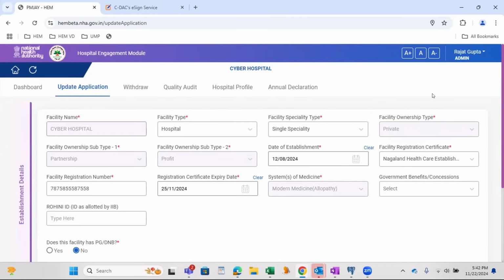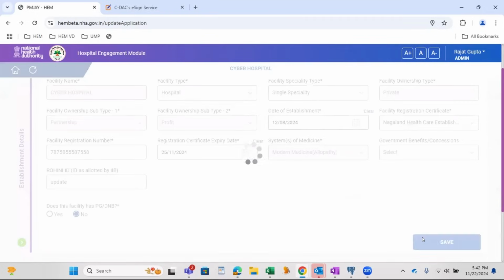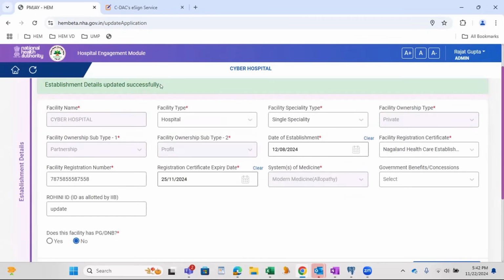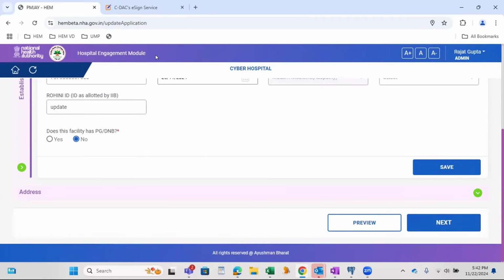So this is the form which was submitted during the empanelment. Now I'll make certain changes, like I update this Rohini ID update. Click on this, save. This is establishment detail updated successfully.